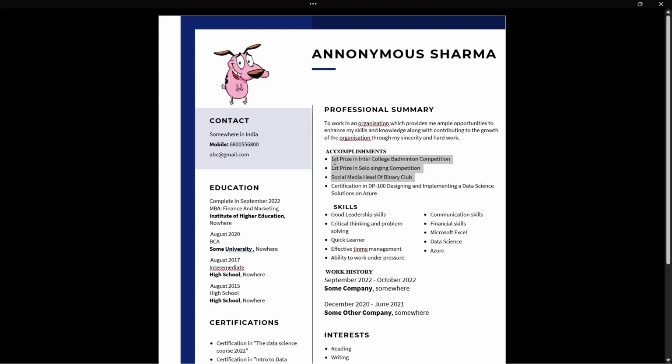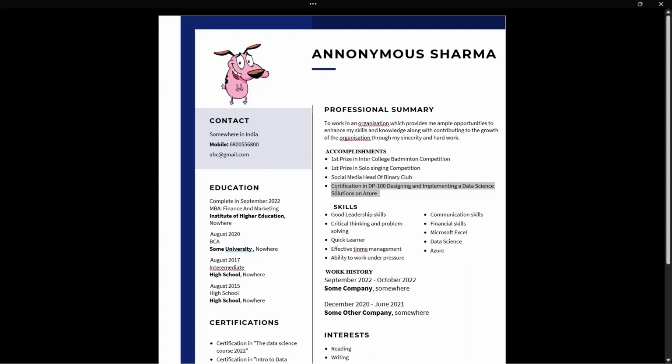Is it going to help you anywhere to grab a data science job opening? Is it anywhere telling the recruiter that you are a good fit for a data scientist position? Not at all. I'm not trying to disrespect anyone, but this is definitely not helping you to grab a data scientist job role. The 4th point, which is mentioned about the certification in DP-100, designing and implementation of data